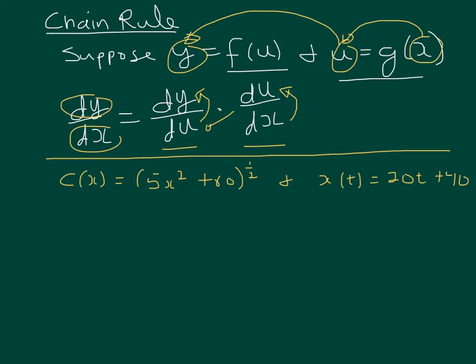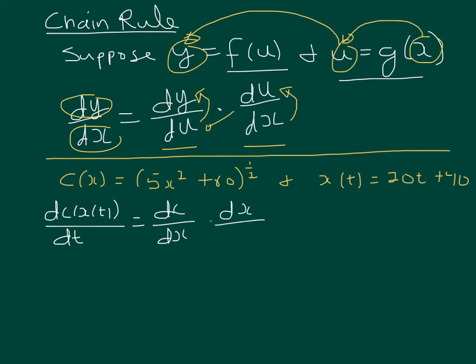So the chain rule says that the derivative of cost, which is actually a function of x, which in turn is a function of time, with respect to time, is given by the derivative of cost with respect to x. So here we're not even worried about time. We'll differentiate cost as if it's just a function of x, and x is a standalone variable, times the derivative of x with respect to t,